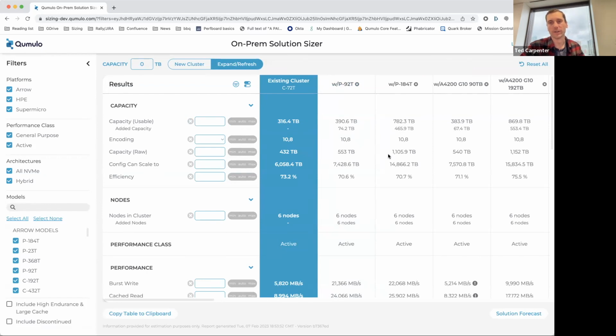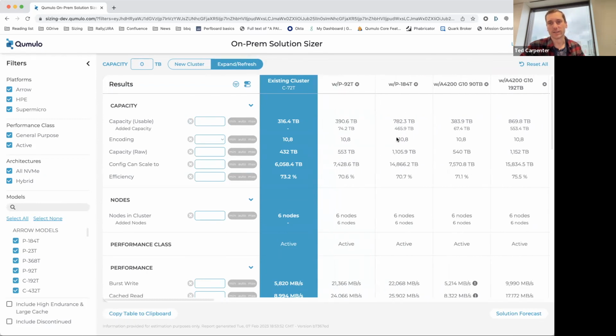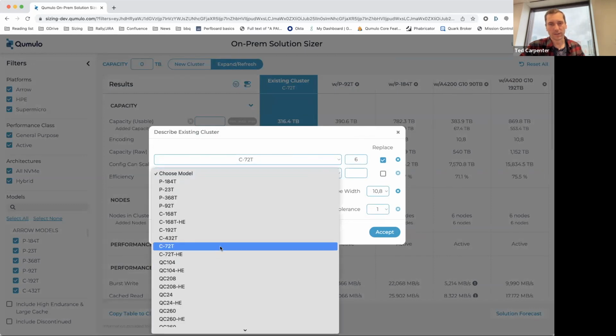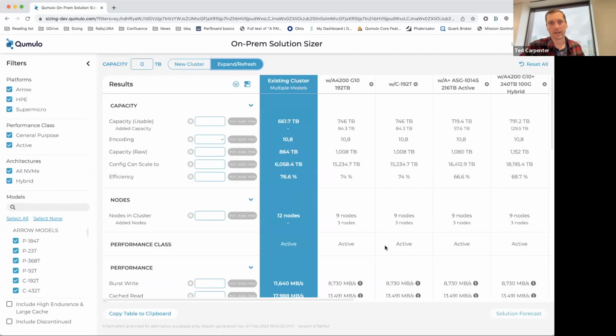So you can see, even if I were to replace them with P184, I still need 6 nodes to maintain my 10.8 erasure coding. And this option also lets you remove only some of the nodes if you want. So if you had 12 nodes and you were going to remove 6, you can just model it that way, and it'll show you, okay, your final cluster still has 6 of those C72 nodes, and you're adding other things. For now, this locks the erasure coding to be the same as what it currently is, because we don't support changing data protection